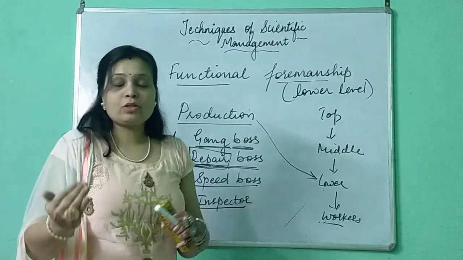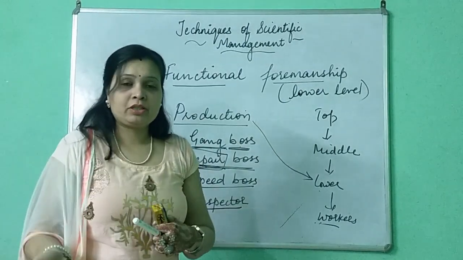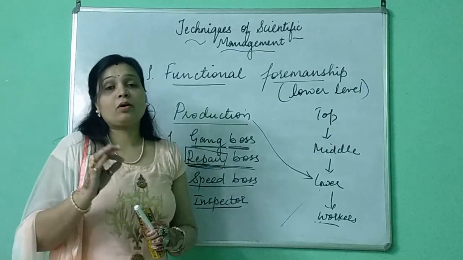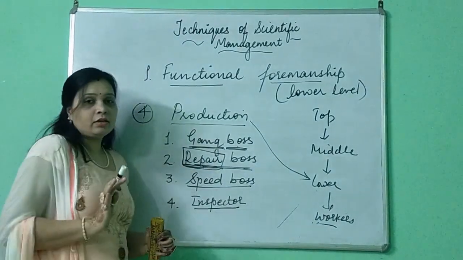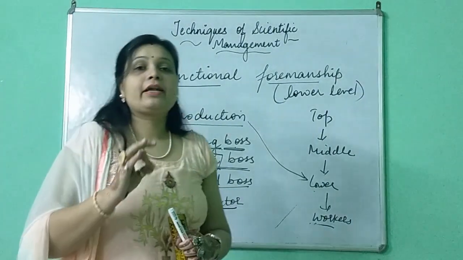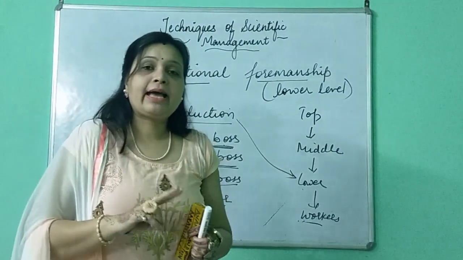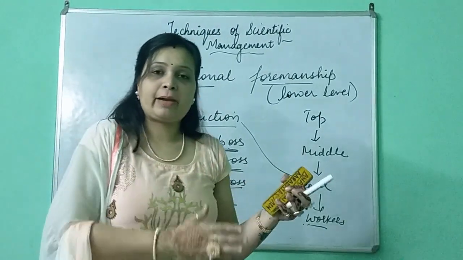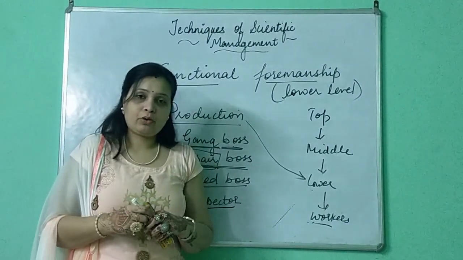Because if it is not so, then our order can be cancelled, and our product will not have a good image in the market. So it is very important for the inspector to check whether the production is being done in accordance with the standard set. So this is the work of all these 4 officers. In functional foremanship we have seen that there are 2 departments, planning and production. Both have 4 officers; the planning department sees all the planning work and the production department sees all the production work. Is that clear to you all?